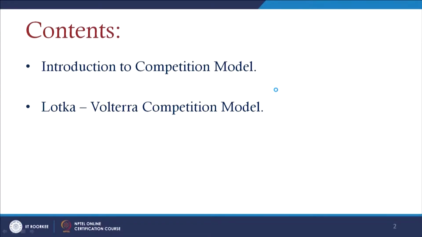Especially in this model, we will use two species which can compete with each other for the resource of food. Or the same species or other species can be present, and they can compete for different resources or different sources of food. So, secondly, we will go for this Lotka Volterra competition model, since scientists like Lotka and Volterra discussed this model for two species, when two species are present and they compete for the same resources.